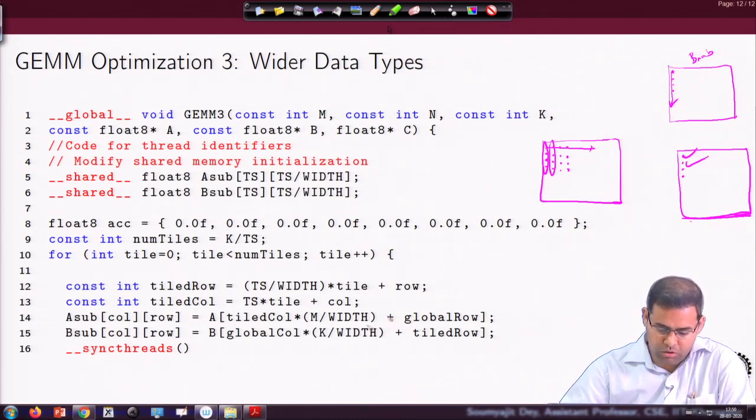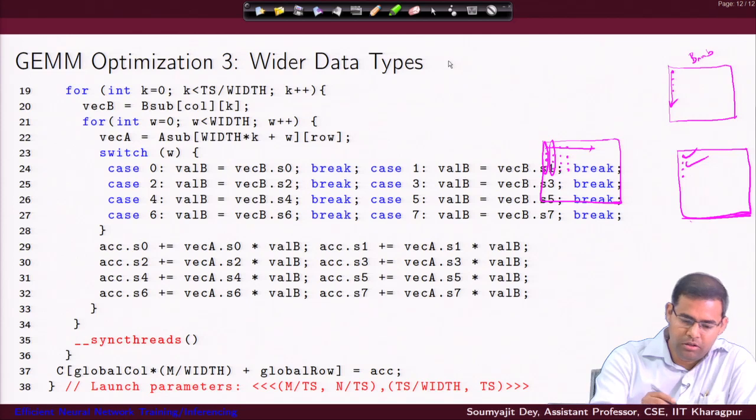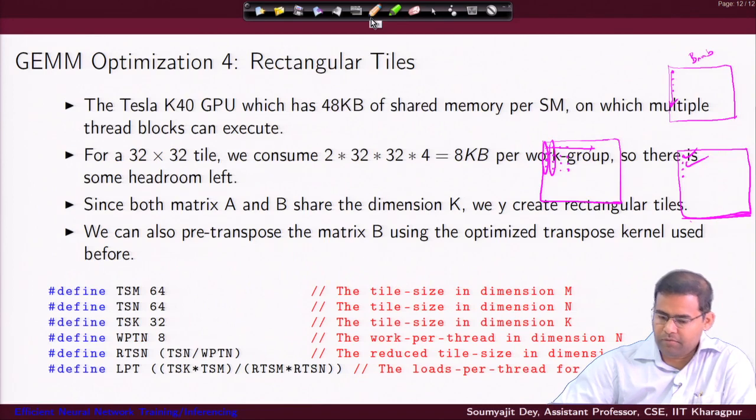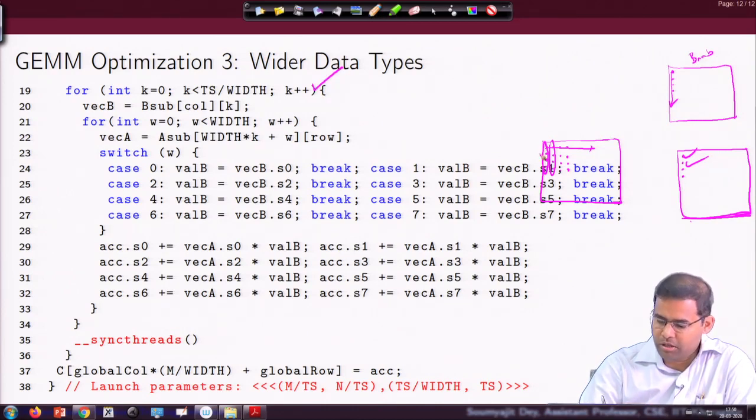So, after the loading is done, which is very simple, let us go to the compute loop and see how things are going to change. Of course, this is the outer loop for the computation, but the issue is with the inner loop, because for computing each of these values I need access to consecutive values in A sub, because each of the values here is of vector type and I need to look into each of the components.